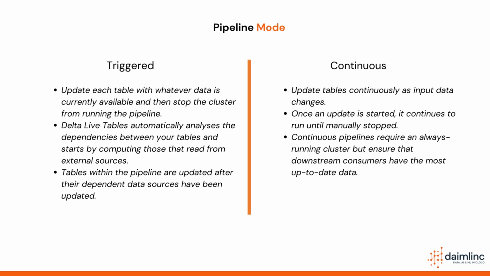A DLT pipeline can be run in 2 modes, namely triggered and continuous mode. With triggered mode, DLT will update each table with whatever data is currently available and then stop the underlying clusters from running the pipeline. Dependency between the tables is maintained here. Second is continuous mode, where the tables are continuously updated as input data changes. Once the update is started, it continues to run until it is